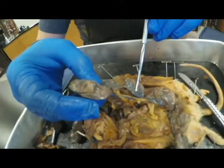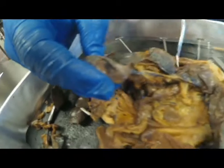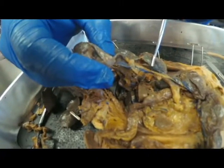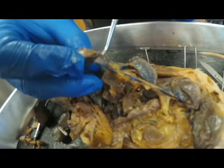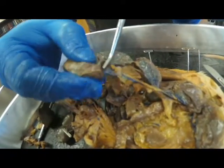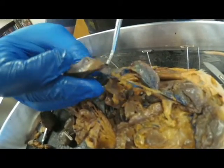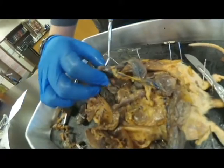We do have a pregnant rat, and so she has some developing embryos, and well, no more developing embryos. The ovaries are at the very tip or the end of the uterus, both of them. There's one on each, and they're very small, and those